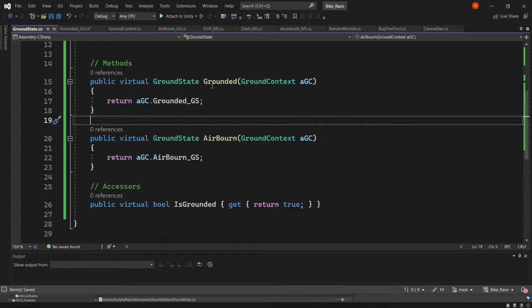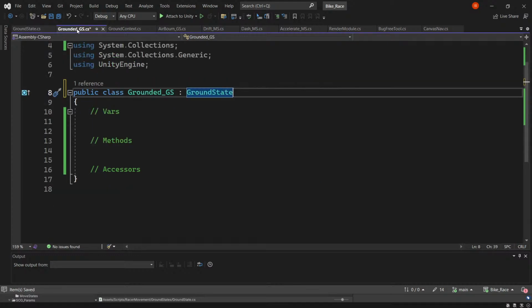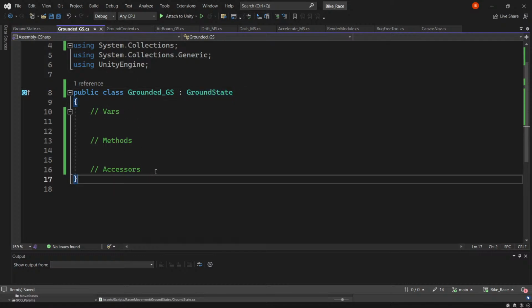This class can perform grounded method and airborne method, and has a getter that returns true if is grounded. The idea behind that is nobody has to change anything, because it can always move between ground or airborne. And we can set its accessor directly to be